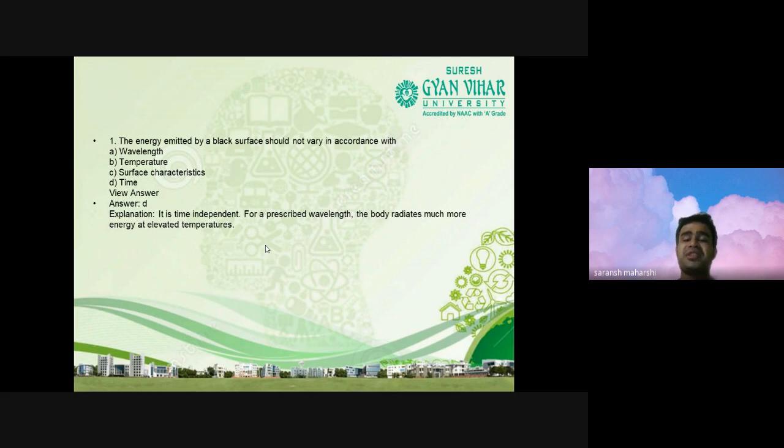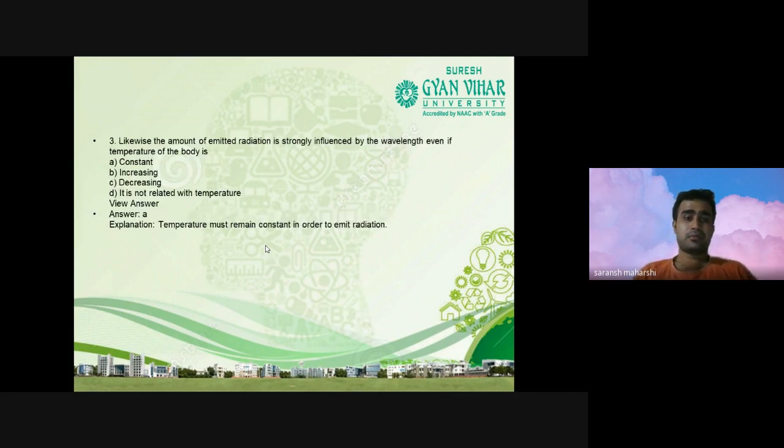For a prescribed wavelength, the body radiates much more energy at elevated temperature. Likewise, the amount of emitted radiation is strongly influenced by the wavelength, even if the temperature of the body is: option A, constant; option B, increasing; option C, decreasing; option D, not related to temperature. So the correct answer is option A, constant, because the temperature must remain constant in order to emit